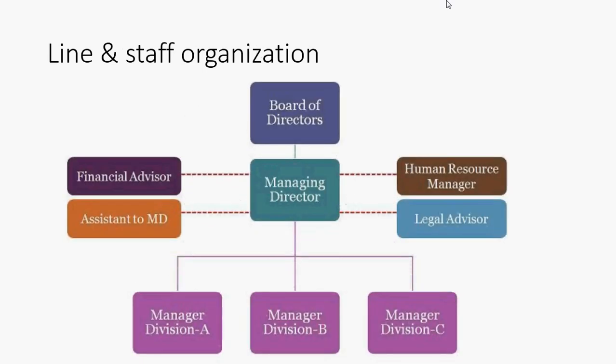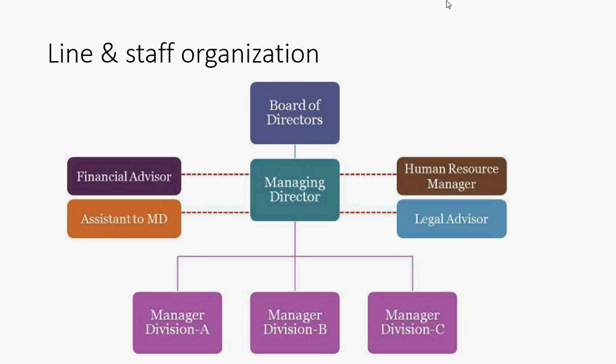So this is the organization chart for the line and staff organization. The board of directors are the owners of the enterprise. Next, the managing director is answerable to the board of directors for whatever activity is happening in the enterprise. The managing director, MD, is constantly in communication with the financial advisor, the human resource manager, the legal advisor, the